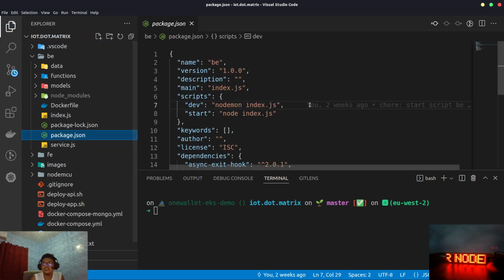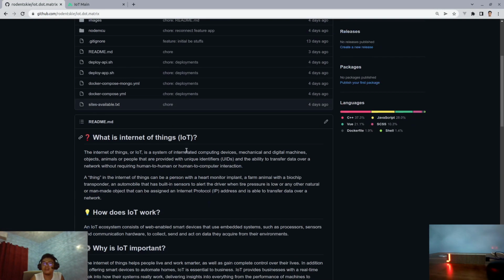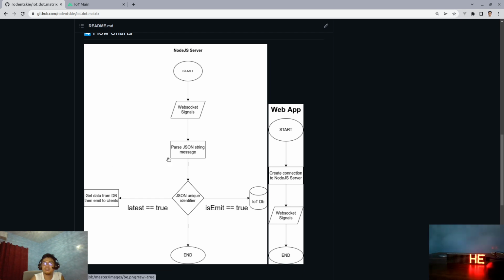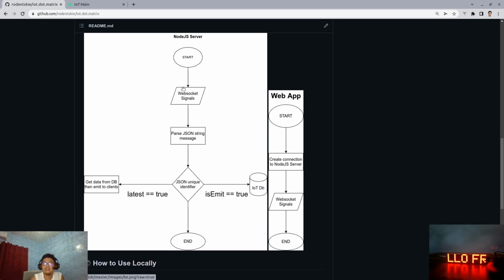First in our package JSON, we just have two scripts. Oh, by the way, I forgot here the readme. I made the upload chart. So let's discuss this first. So here they start, then signals, I mean inputs, WebSocket signals. These are in this format, a JSON format, the inputs. I mean in the form of a string, so JSON stringify. And here we will process it. So JSON.parse,